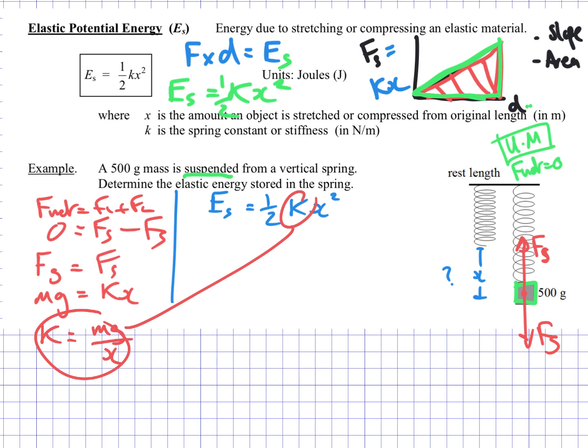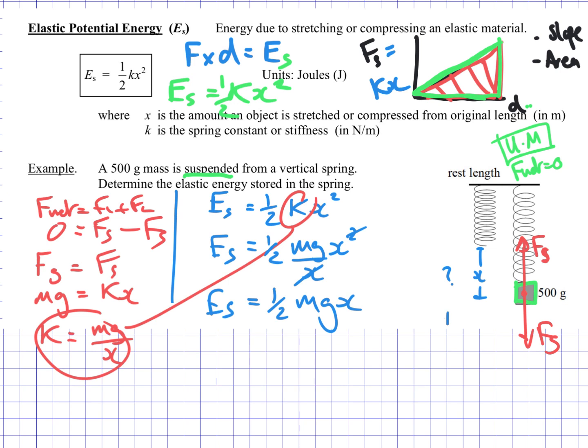So we can rewrite that as spring energy is 1/2 mg over x, times x squared. Well, this x cancels with this, so we're left with, let's write it out nice and simple, the spring energy is going to be 1/2 mgx. And so if this spring stretches, let's just say it stretches 10 centimeters as a result of this mass,